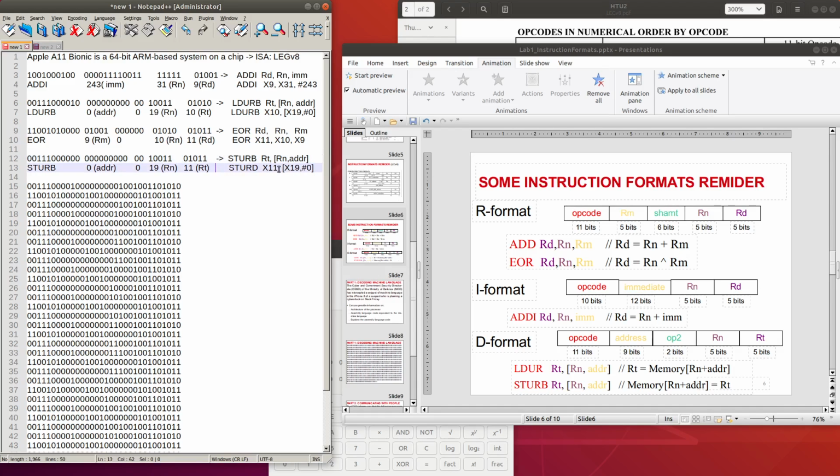And so you can see this instruction means you store the value in register X11 to the memory at the offset address of 0.